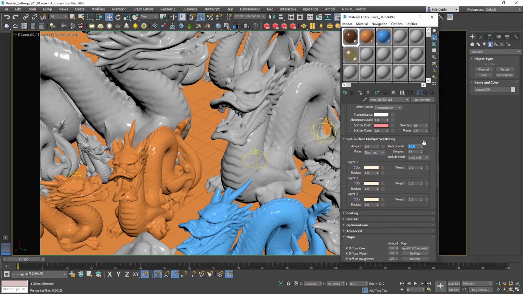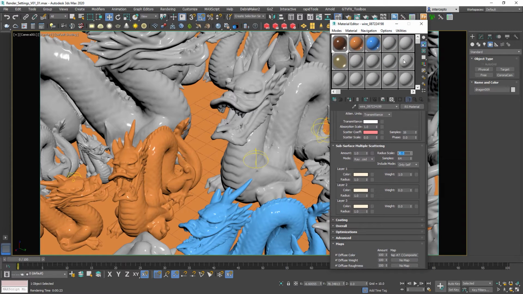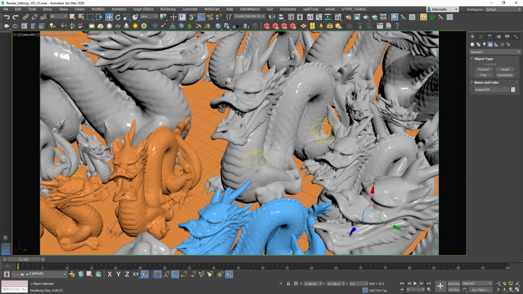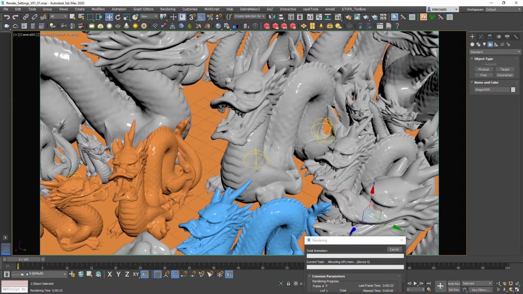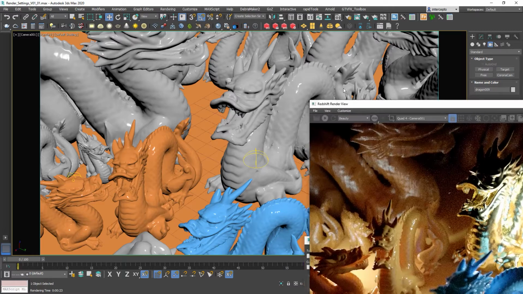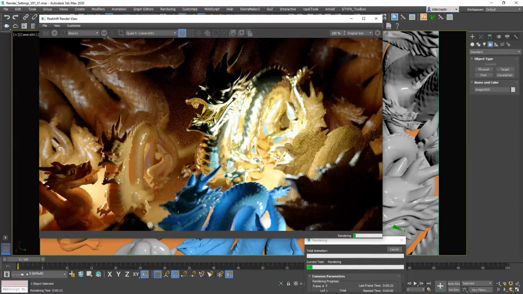The reason why I'm using a relatively high radius scale is to get, as I said, more noise coming from these shaders, so it's more obvious what we need to tweak and how to set up render settings to get a clean render. So first thing we'll do is click on the render, and then I already did one render, but